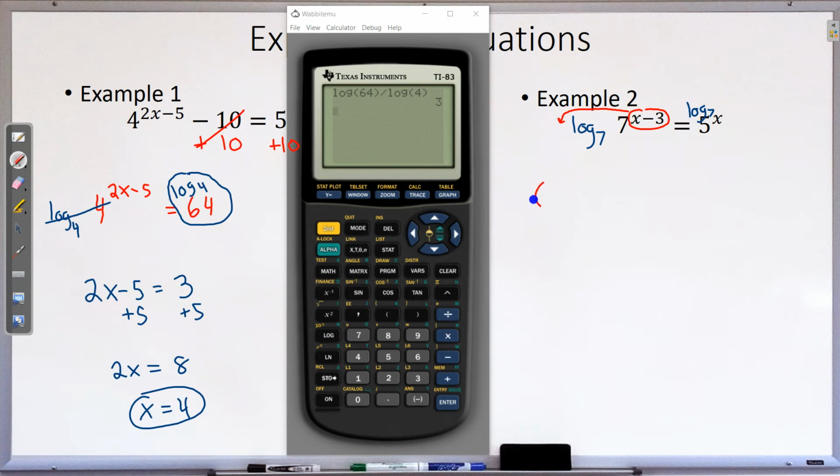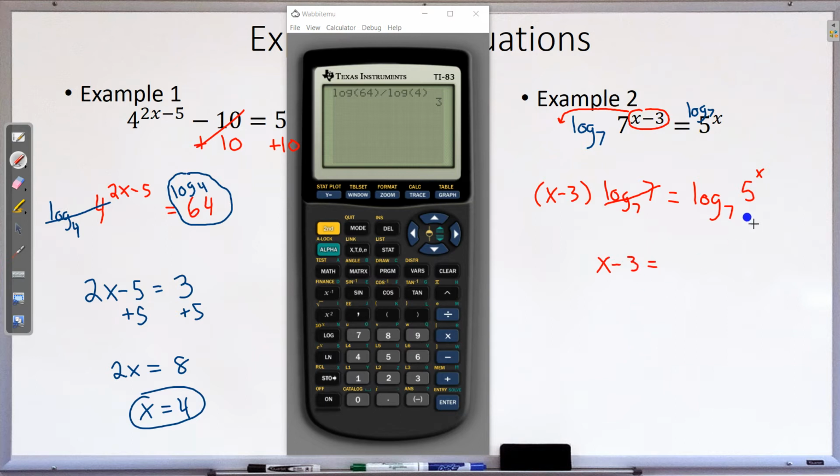So this is actually x minus 3 times log base 7 of 7 is equal to, now the same thing is going to happen over here, but because it's kind of scrunched up, I'm going to write it all out one more time. Log base 7 of 5 to the x. Now, this part, log base 7 of 7, does cancel out. That is just 1. We define log base 7 to cancel out that 7. So we're left with x minus 3